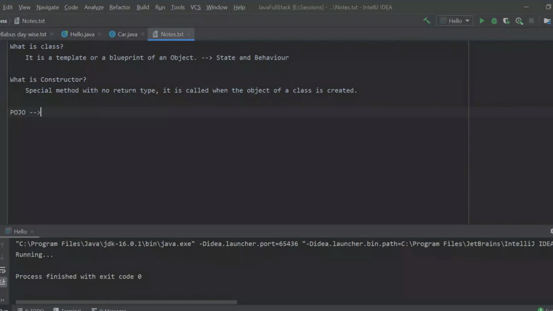What do you mean by POJO? POJO means plain old Java object. A class with a default constructor and only setter and getter methods is called a POJO.